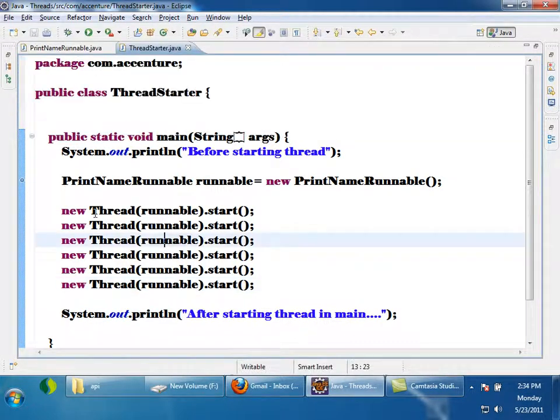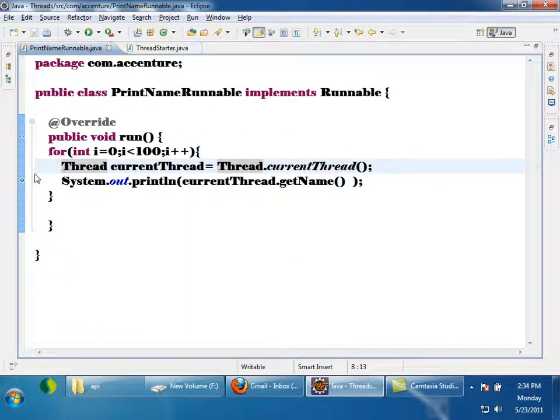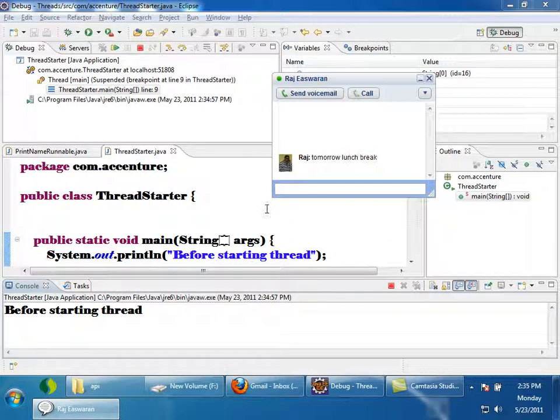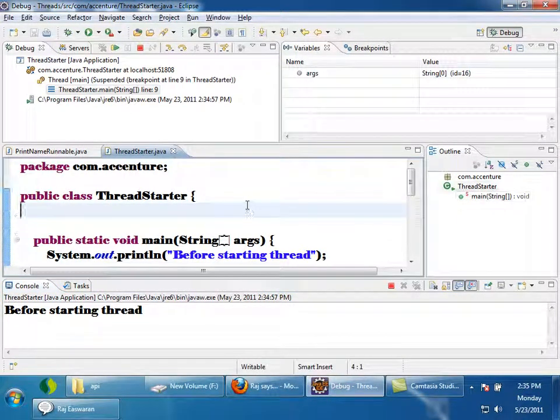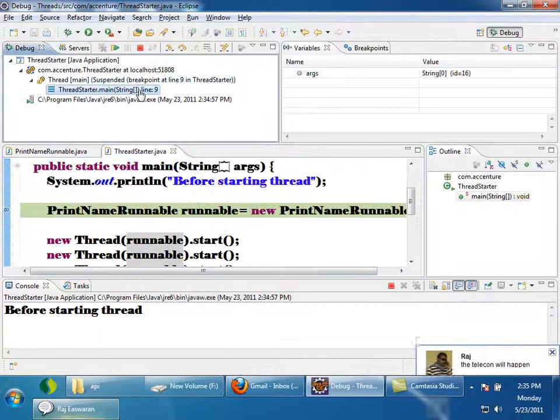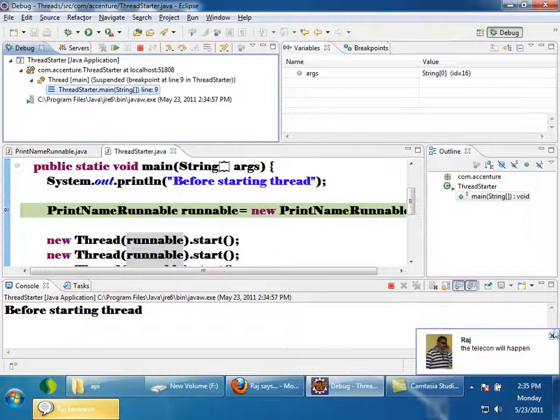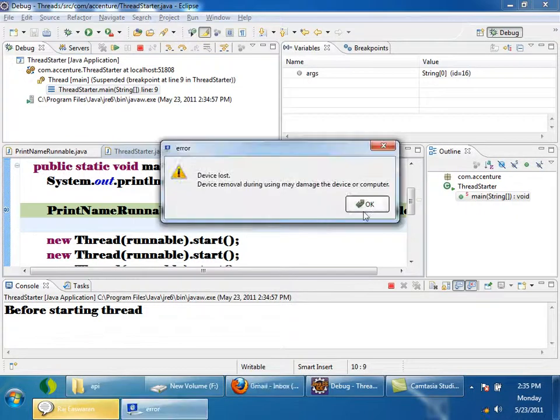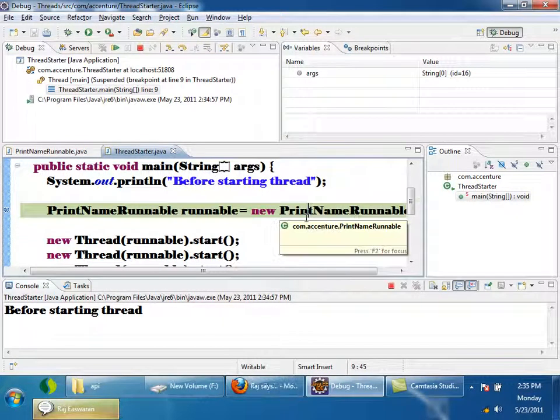All the threads are executing the same code. I'll show you by debugging. I kept a breakpoint here. Okay, I will press F8.